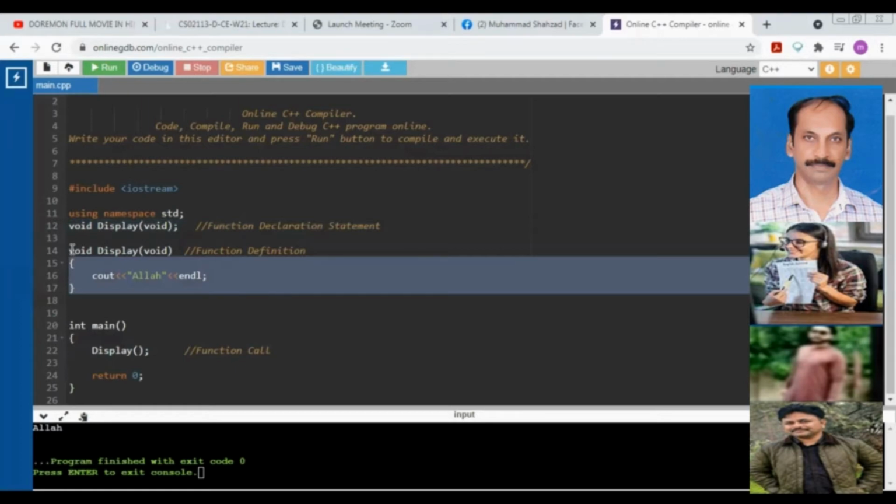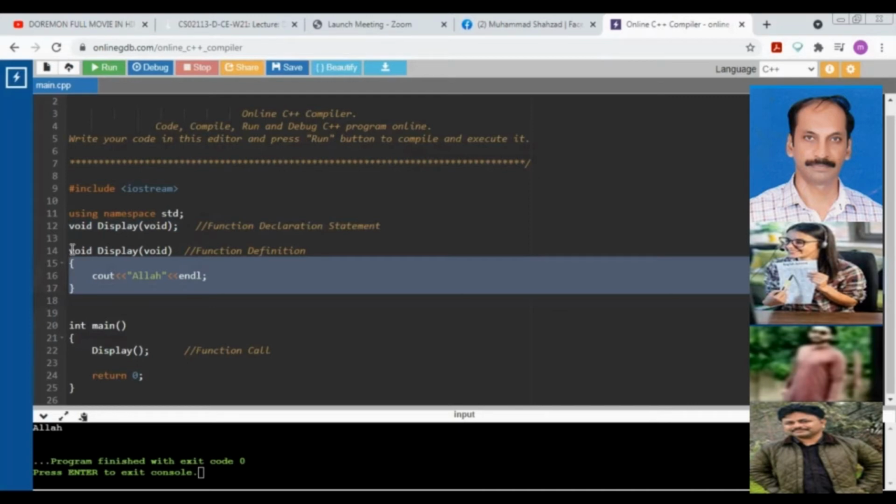Yes, sir. These are the instructions that are named as what, my dear? Function definition. Yes, dear sir. Mr. Sami, in the function definition, we do write the actual code of the function, my dear. Are you getting, my dear? Yes, sir. And we have written a code in the function named display, my dear.